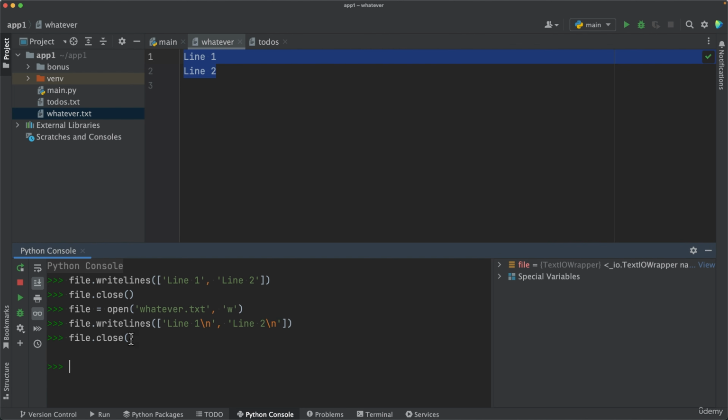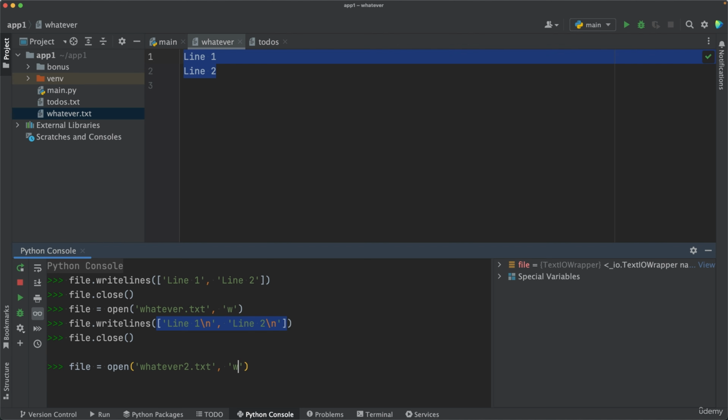It is also possible to write text in a file. So here the input, the argument is a list. How can you write a simple string? Well, that is also possible. Again, we use the open function, and let's say whatever